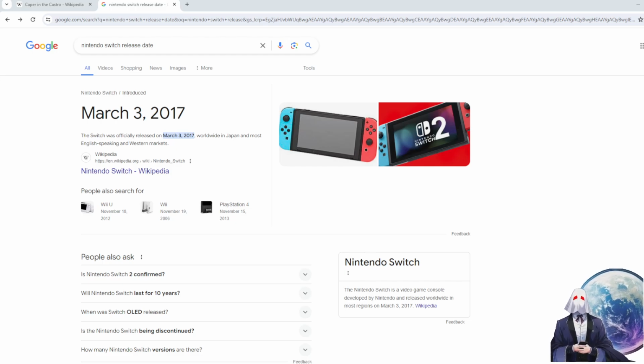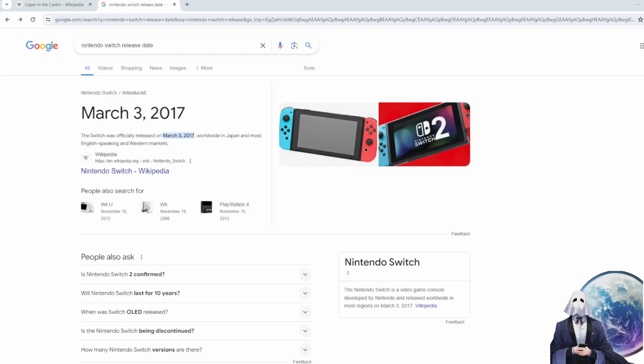Yeah, exactly. Well, but think about it, roughly 7 years seems to be about how long most consoles go. I think the Wii U was enough of a failure that they got the Switch out earlier, maybe, but also it was basically an iteration on the Wii U. The Wii U was very similar. It had a little small console with a screen on it that you could move around and interact with.